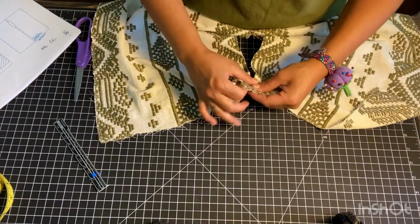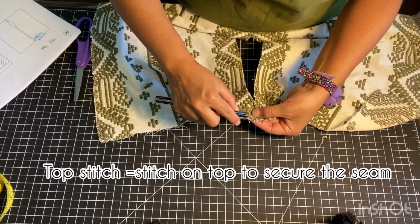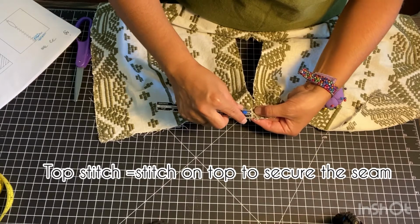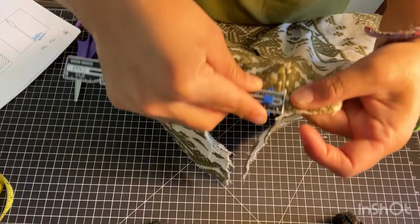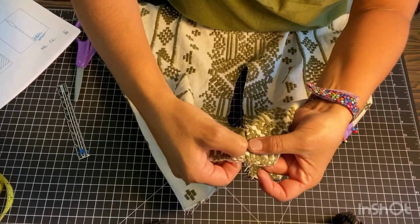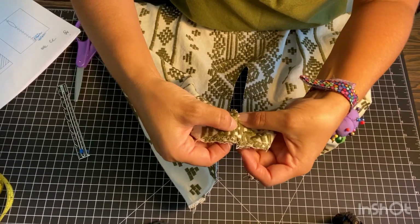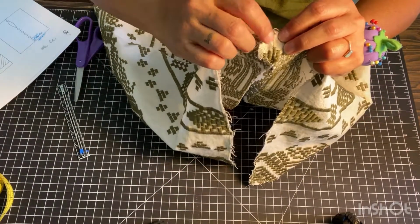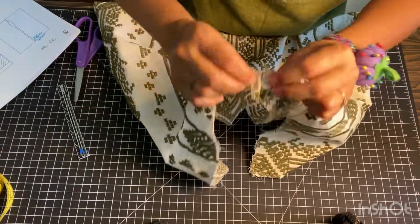So I'm gonna find 3/8 on my sewing machine, or I could even mark it. So that's about 3/8. It's very close to the seam line. And you're gonna top stitch a straight line here and on this side. That way, well, one purpose I think is like a decorative piece. It looks really pretty, but